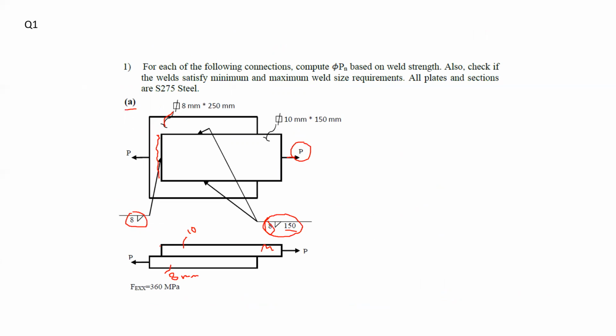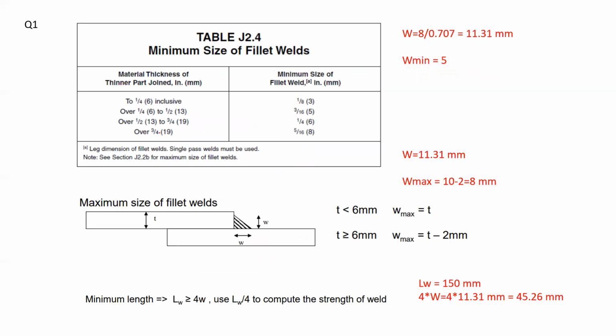Now, if we consider the weld in here, which is right over here, I need to find the minimum W. I need to find W minimum. So considering the location of the plates that I have the 10 millimeters connected to the 8 millimeters. So I'm going to take the 10 as the plate that is controlling. And if you take a look at the information, it says over 6 millimeters to 13 millimeters, the plate thickness, you would take the minimum size of fillet weld as 5 millimeters. Now, if we consider what we have in the problem, W is equal to 8 divided